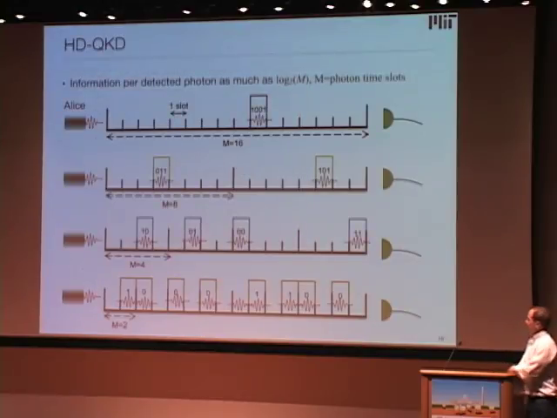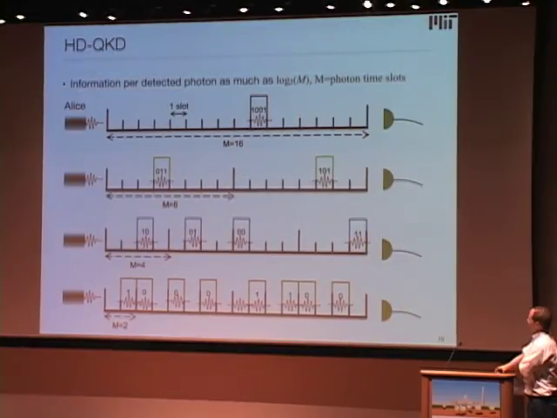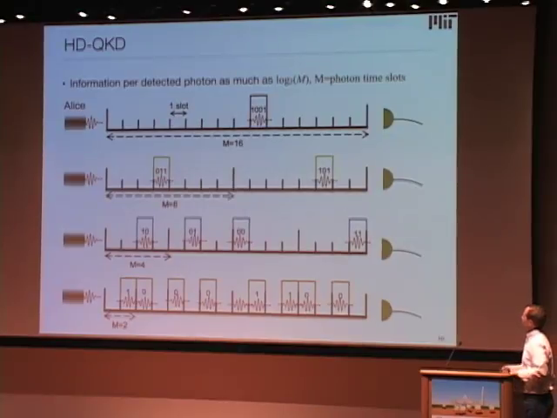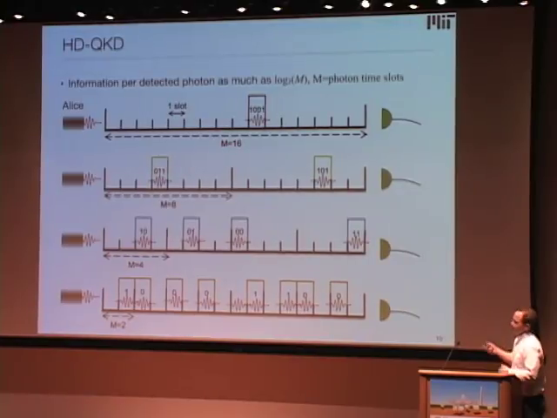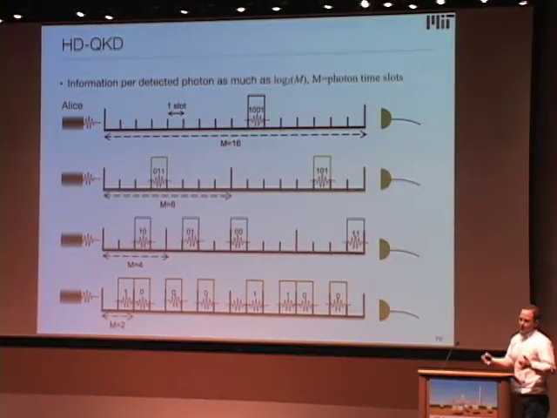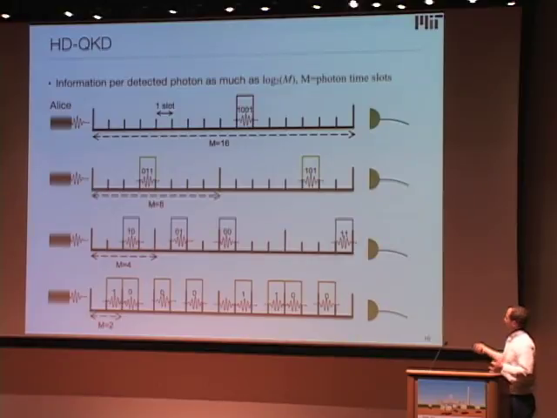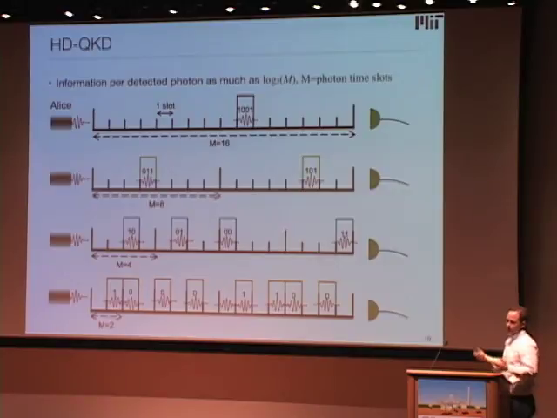And so one way you can do that is to use high-dimensional encoding of photons. So rather than encoding a photon in two temporal modes, and we call that here M, the dimensionality of the Hilbert space that the photon sits in, rather than breaking your time up into binary states, leading or trailing photon, you can have larger and larger Hilbert spaces. And sometimes, when your channel loss is low, and you can only make so many clicks per second, you can make up for some of this inefficiency in the detector by just going to a larger Hilbert space encoding.